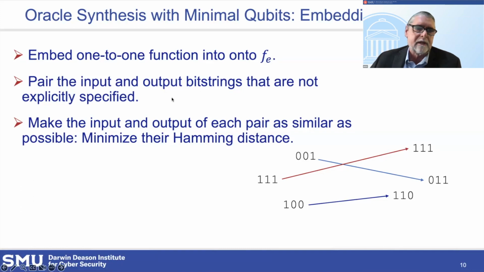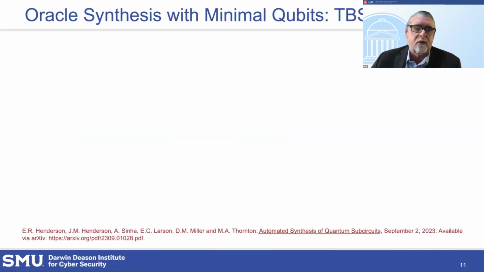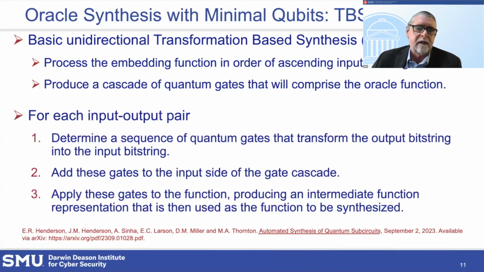But in any event, after we perform this RTT, we now have our embedding function, and we're ready to synthesize the oracle. And this leads to the first oracle synthesis method that minimizes qubits. And here are the steps written out in words, but I think it might be easier to just see a